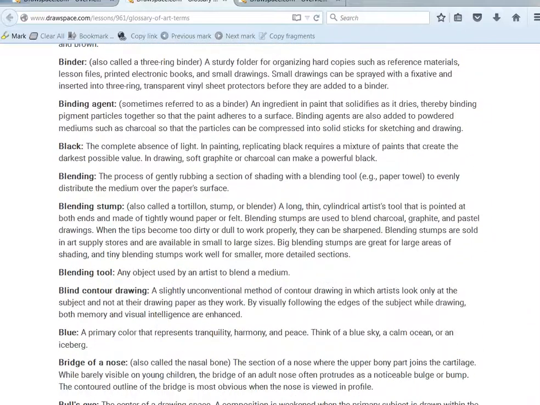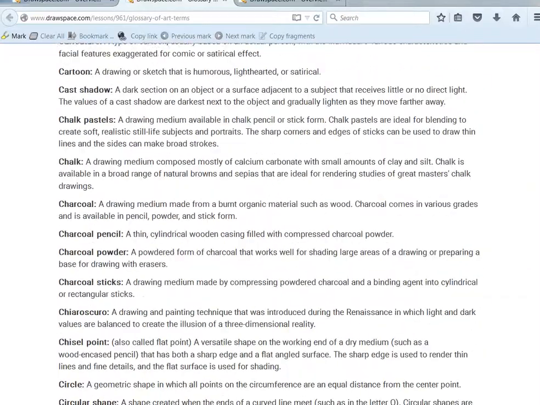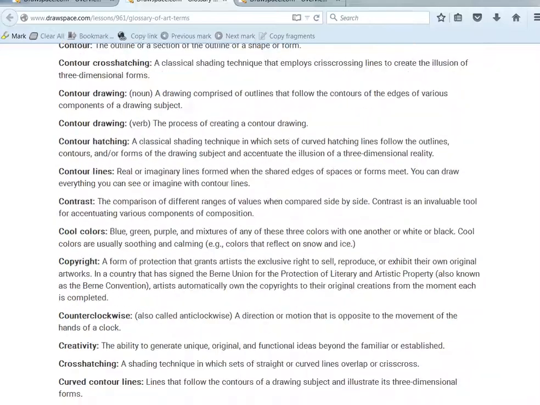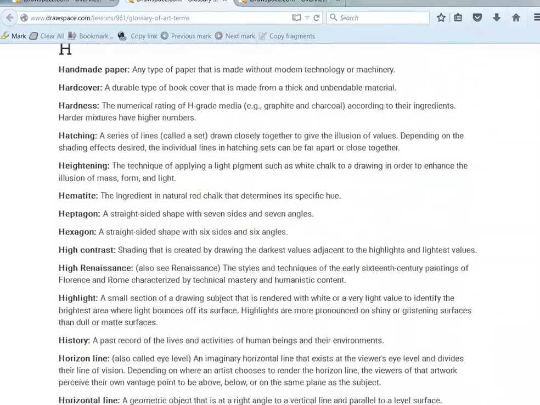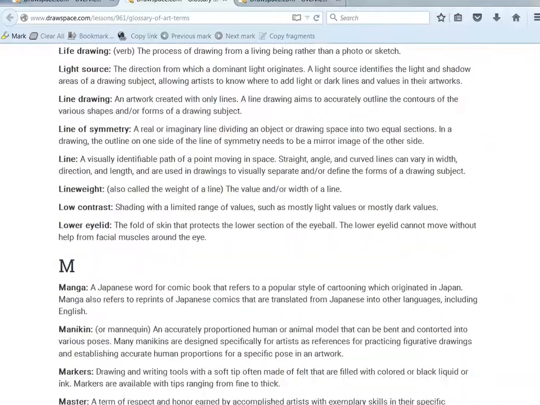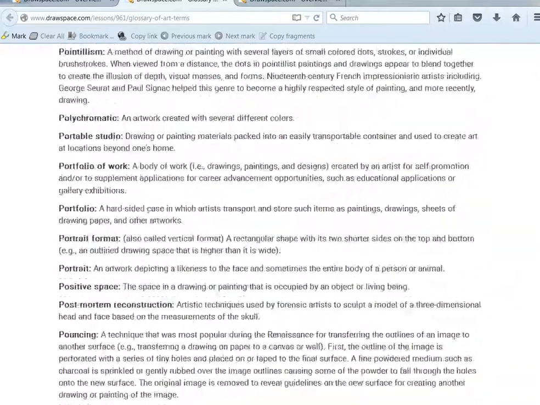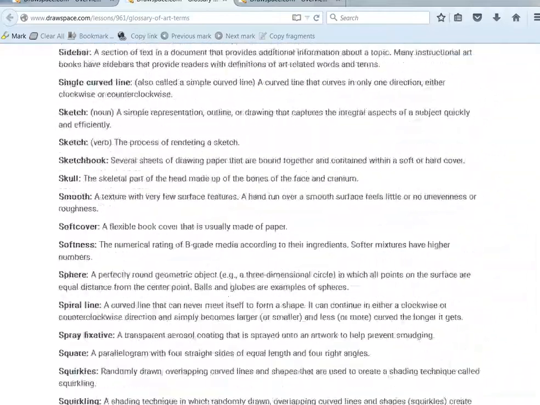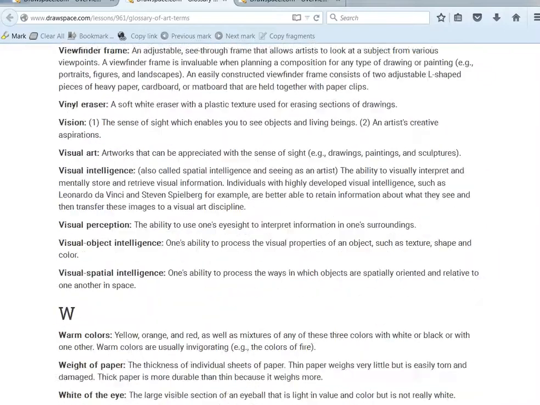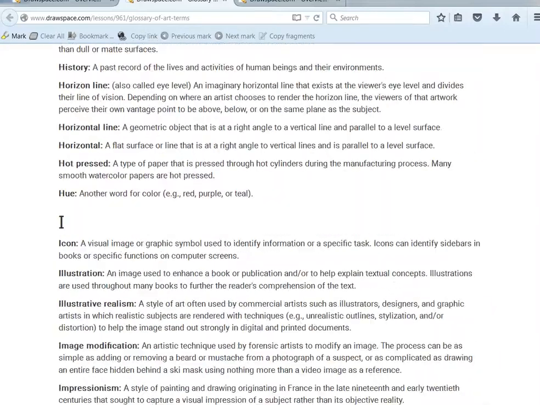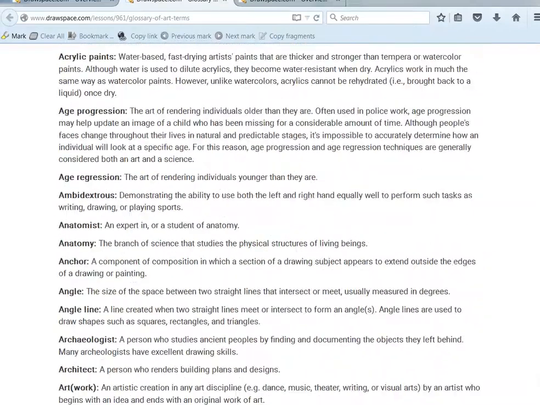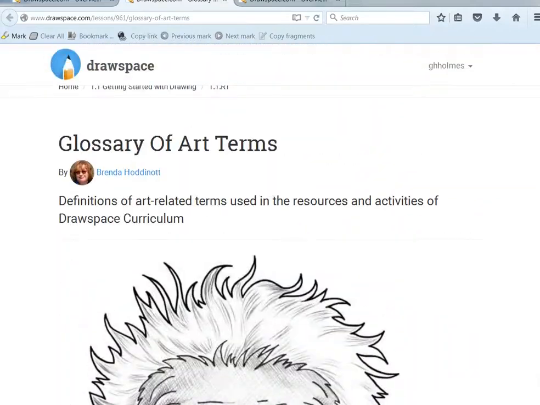You may choose to download as a PDF file and select specific terms. You might want to create games using the terms that you are going to be focusing on for the day. Or you may simply post them in your classroom for easy access as needed. So we're going to close the terms and go back to the lesson